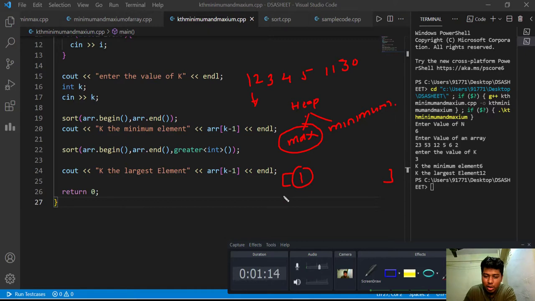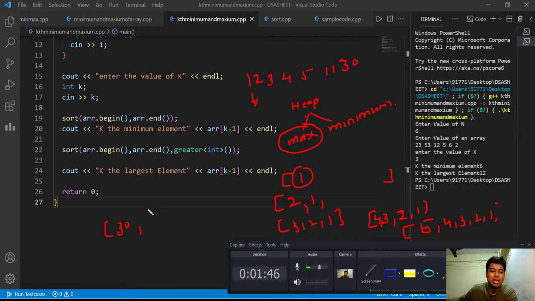If I push 1 and 2, it will add 1, 2. If I push 3, it will add 3, 2, 1. Similarly, it will keep adding 3, 4, then 5, 4, 3, 2, 1, and so on. So at the end, in the case of a max heap, we get the maximum, or largest, element at the top, followed by the second largest, third largest, and so on. So for this array, the maximum heap would be